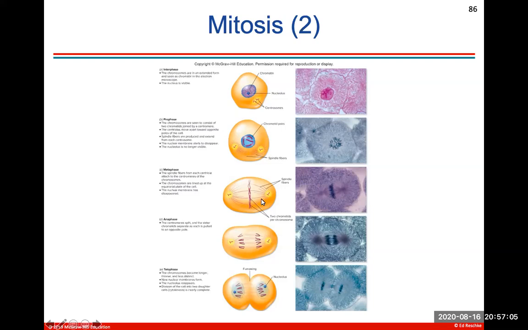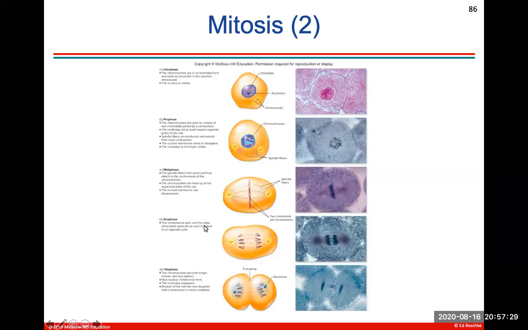Metaphase is a fun phase to look at under a microscope. It's always really the first one that's easiest to spot. This is when the sister chromatids are completely lined up along the equatorial plane. So you'll see these chromosomes completely lined up in a straight line. And you'll start to see spindle fibers reaching out to the chromosomes because they'll be getting ready to pull them